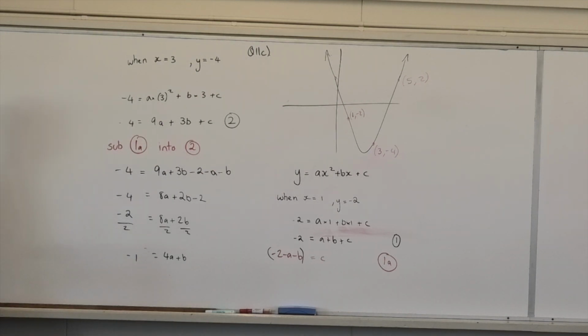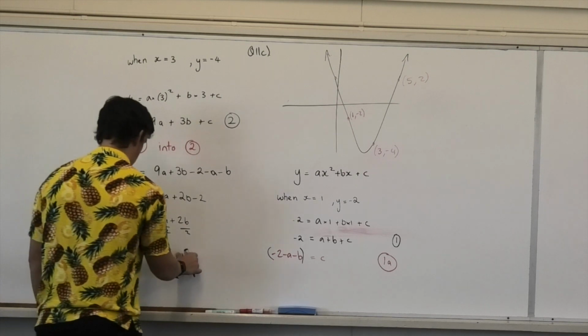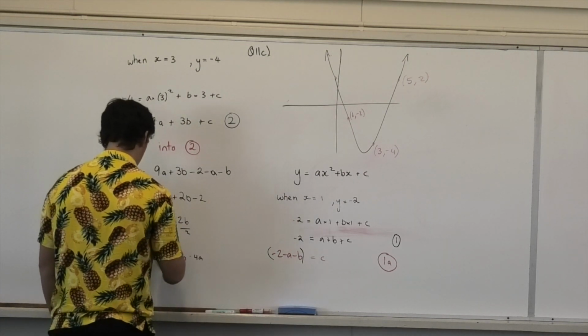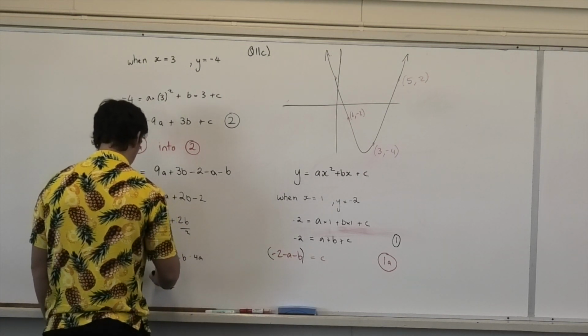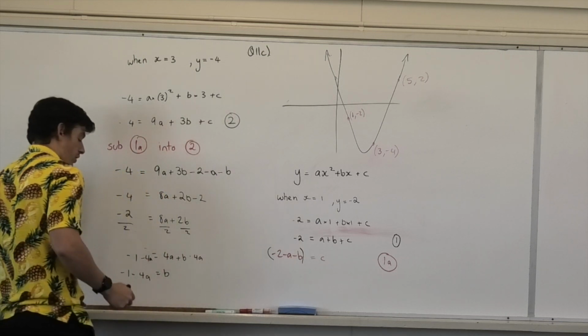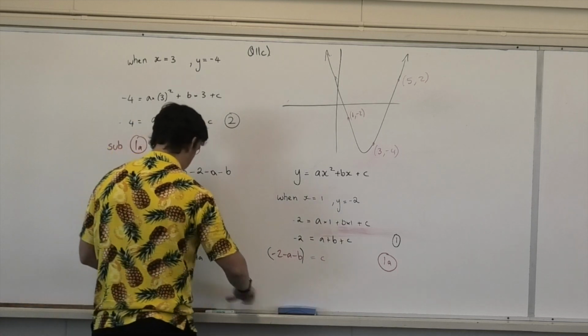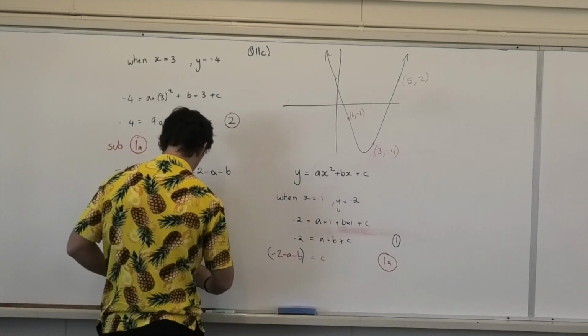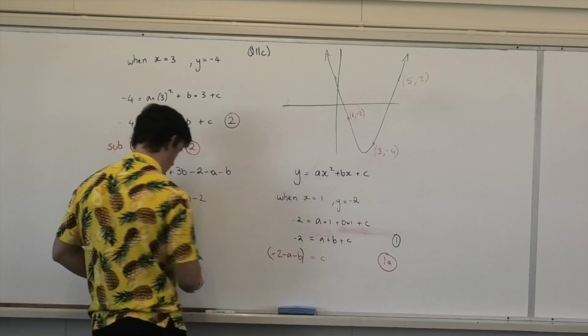On one side, correct? Which one looks easier to get to? b? So that's -4a from both sides, correct? So now I've got b equals -1 minus 4a. Why don't I call that 2a? What else